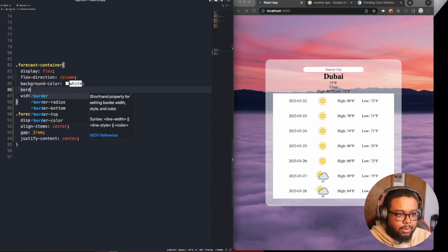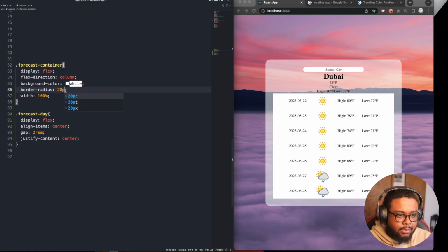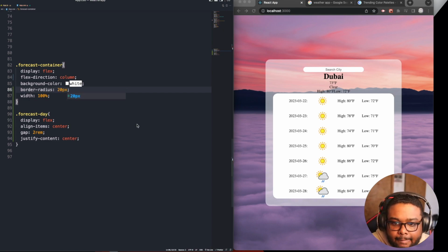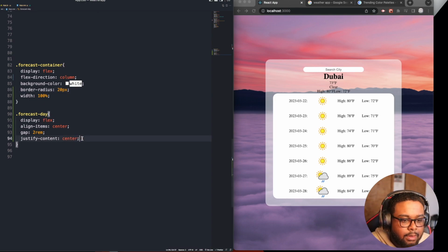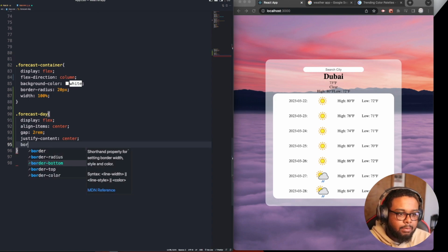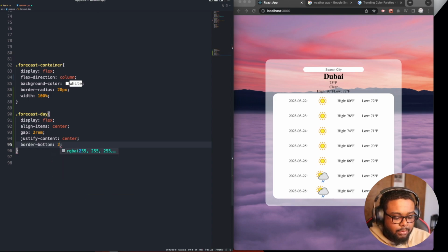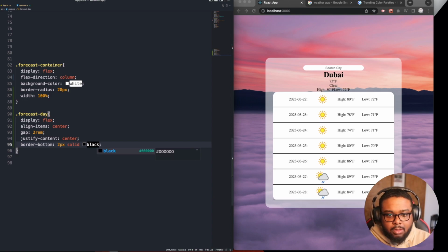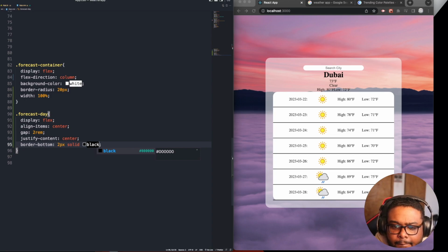Then we're gonna add a border radius of 20 pixels. Cool. And let's see how this looks. Let's add a border bottom. Let's do 2 pixels, solid, black. Okay. All right, so I don't want it on the last child. So how do I